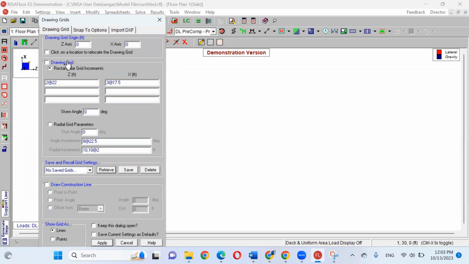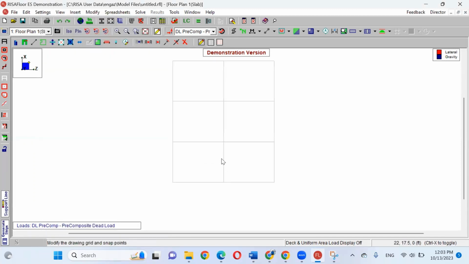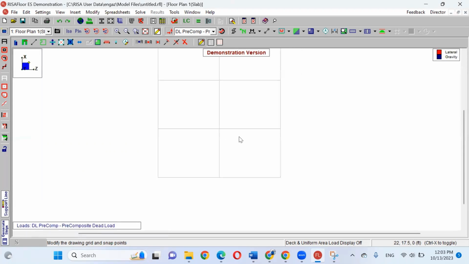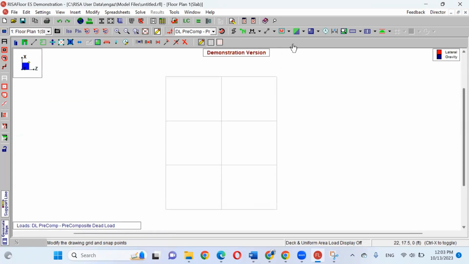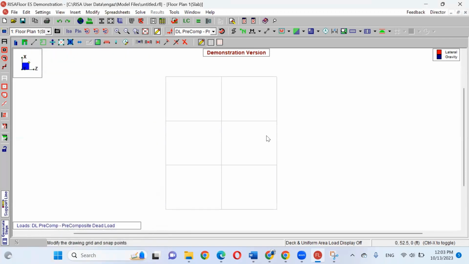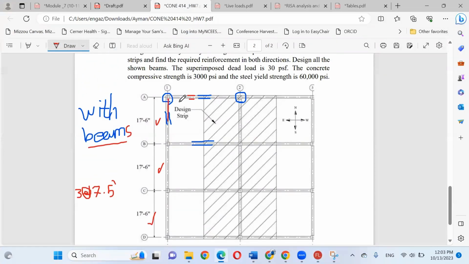This is the origin. Draw grid rectangular. There you go. Because I did not ask the software to draw. Make sure when you insert drawing a grid, you put your spacing, the number of spacing and the value, so the grid can be drawn. So I draw something that looks like this. We have one here, one here, one here, here, here. So you can find out your panel.